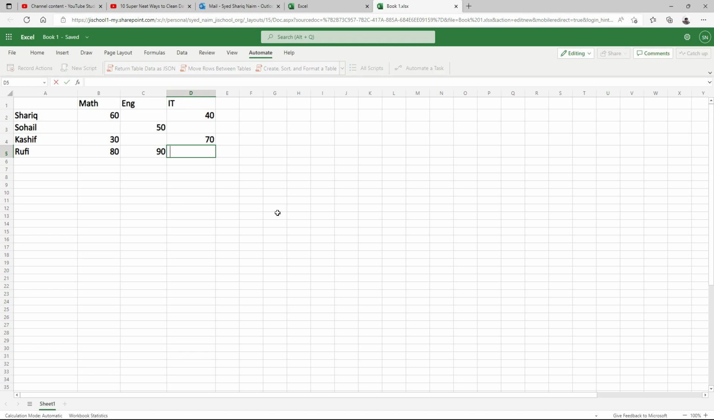Okay guys, so next trick. Sometimes if you are making the result sheet or you are putting the marks, so what will happen if some students didn't appear in the exam? So it comes like the,